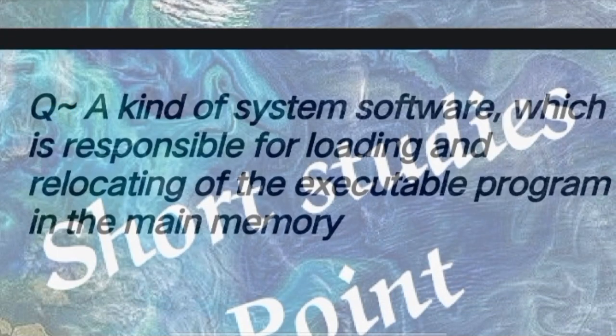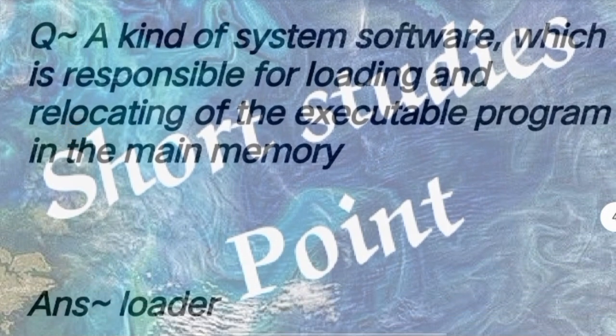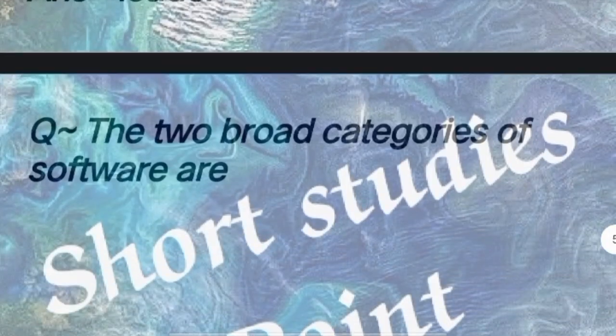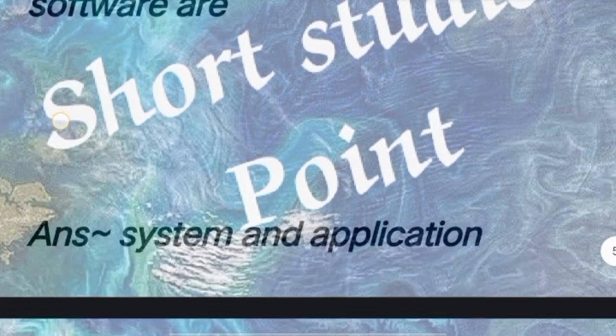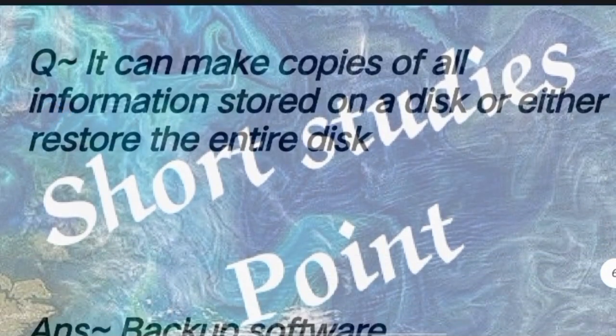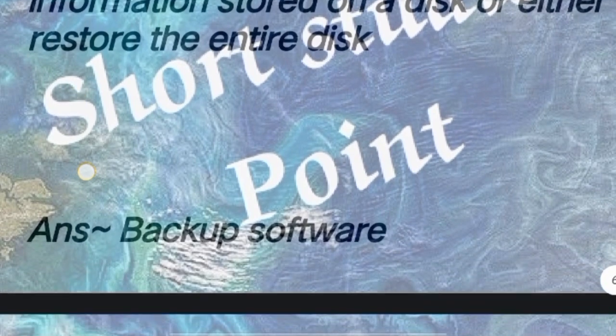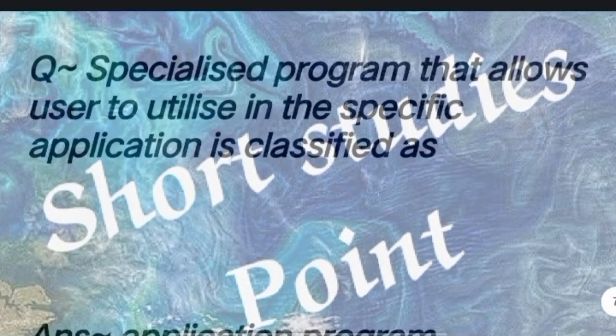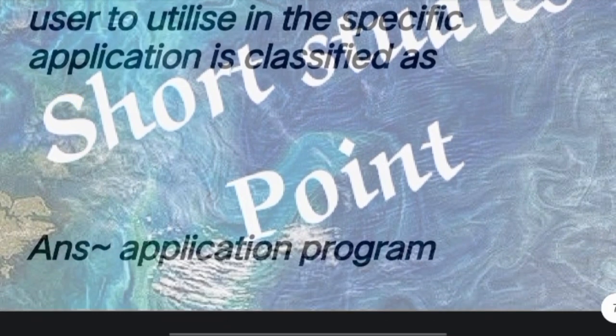Next question: A kind of system software which is responsible for loading and relocating of executable programs in the main memory. Answer: loader. Next question: The two broad categories of software are system and application. Next question: It can make copies of all information stored on a disk or restore the entire disk. Answer: backup software. Next question: A specialized program that allows users to utilize a specific application is classified as